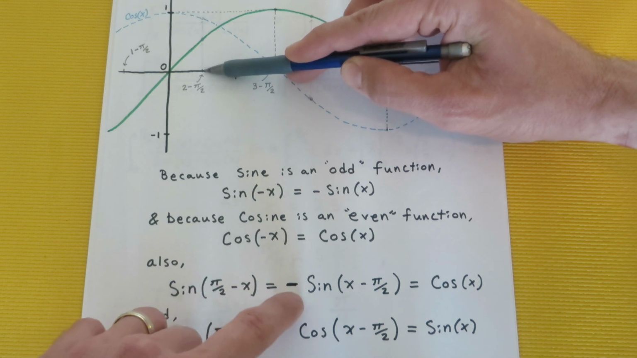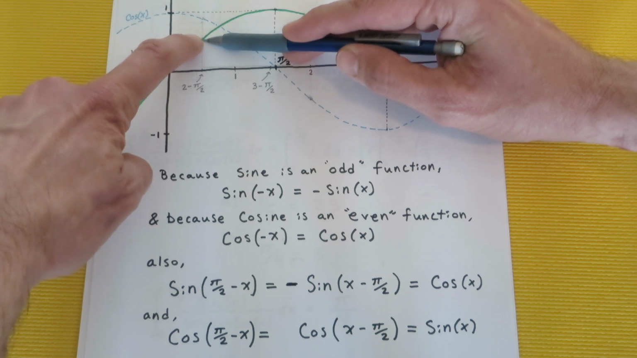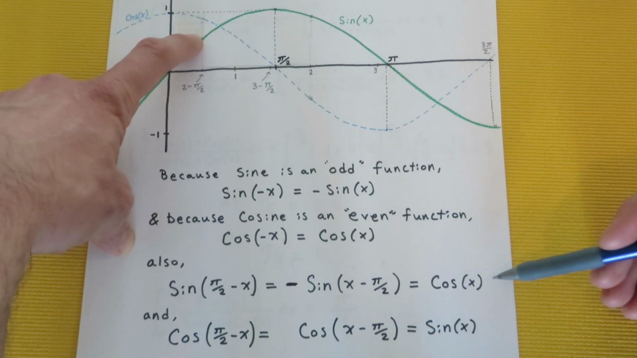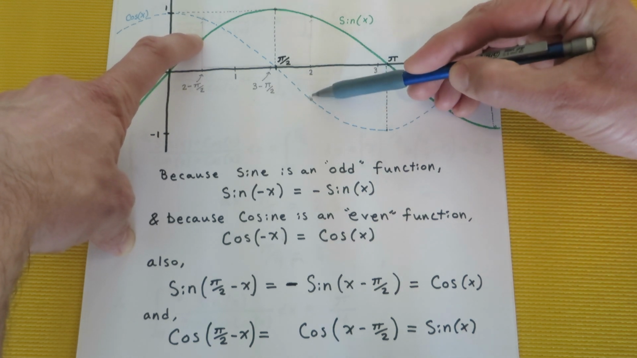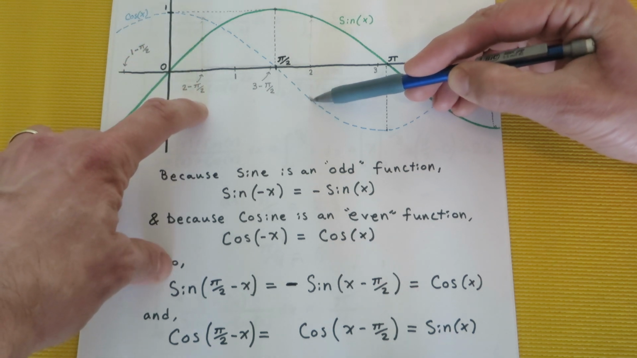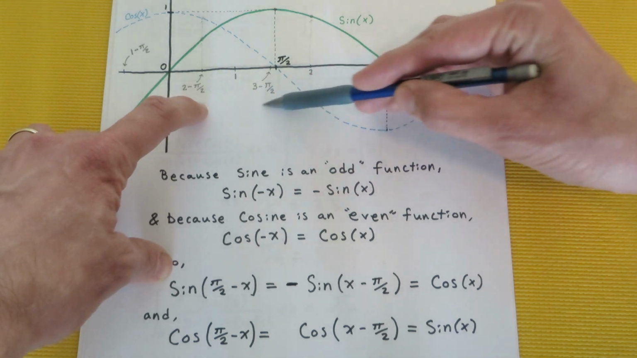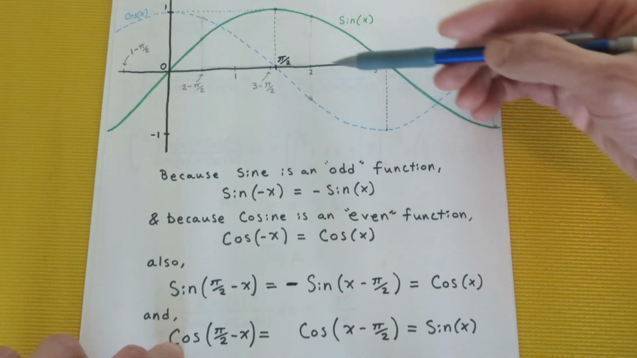So the negative of this sine value right there is equal to the cosine value where we started. So sure enough, if we took the negative of this, this would put us down here, which would be in line with where this value is down here. And similarly,